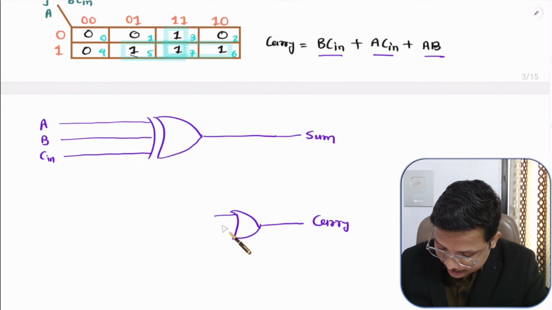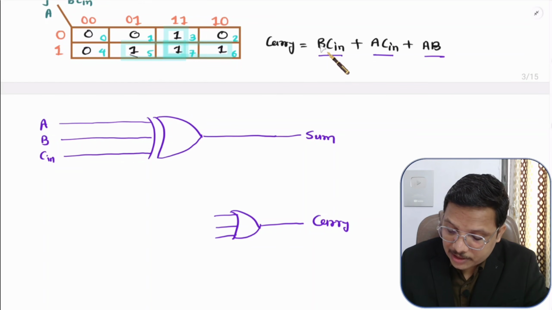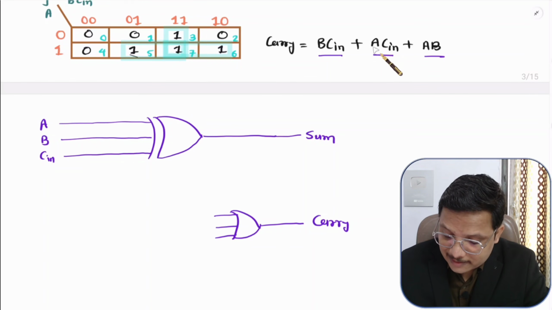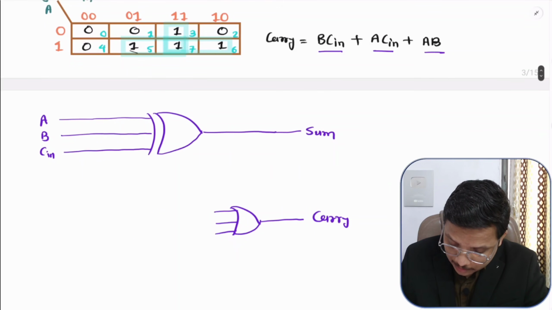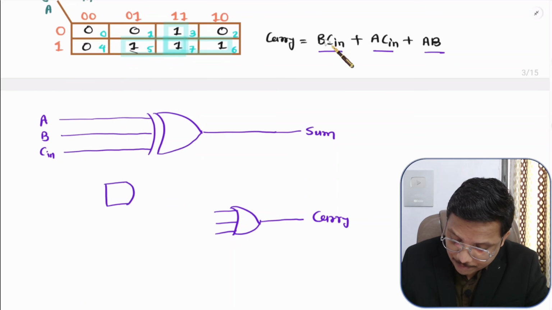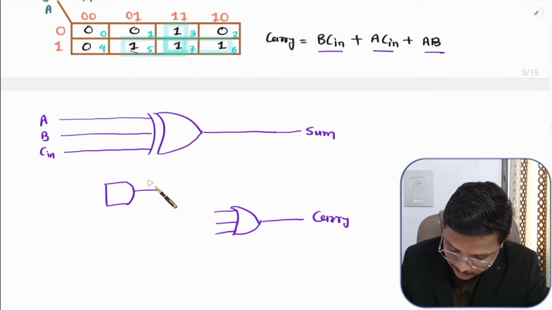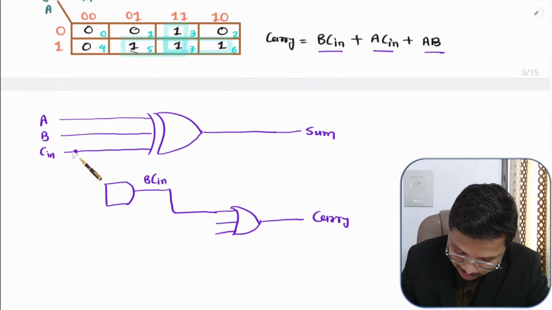But the inputs of this OR gate are coming from these three elements, which are the AND operations of BC in as well as AC in as well as AB, right? So first I need to have this BC in. So BC in means ANDing of B and C in, right? So BC in I need to give to this OR gate. Now to have BC in, this C in I need to give over here, and this B I need to give